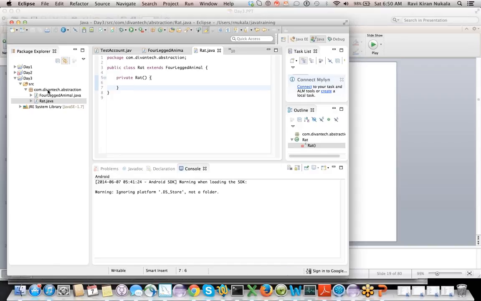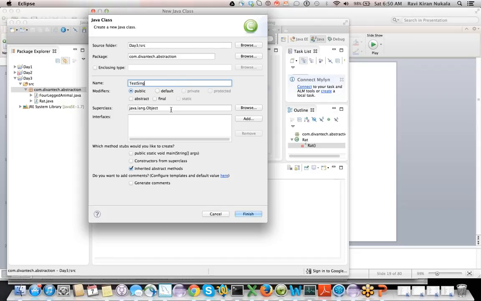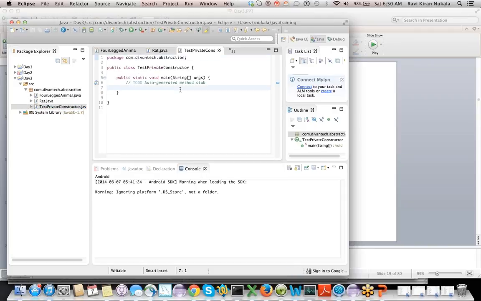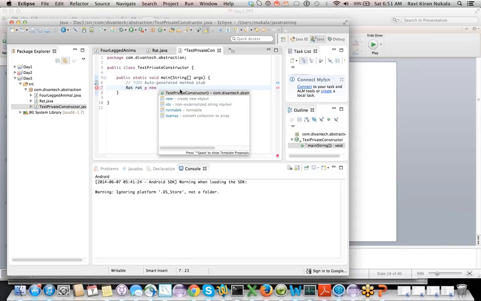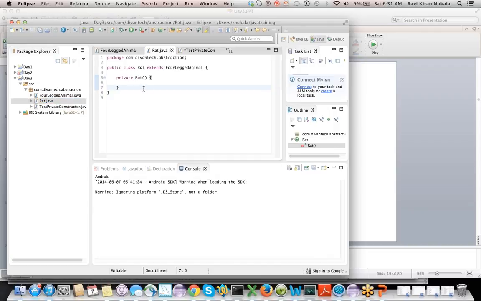So if I have a class like this, and I want to extend Rat, I want to instantiate it, I cannot create a new instance of a Rat here. It says the constructor Rat is not visible, right? So that means I am going to expose a method like this.